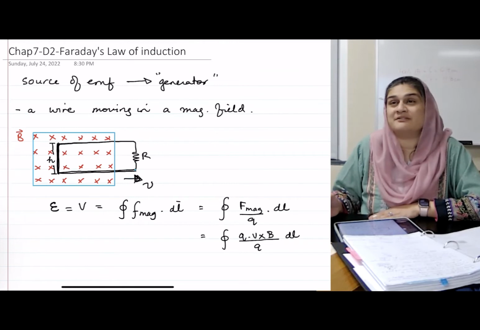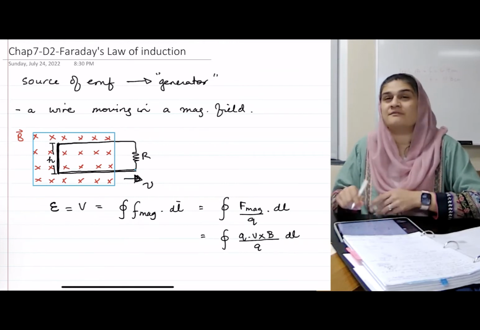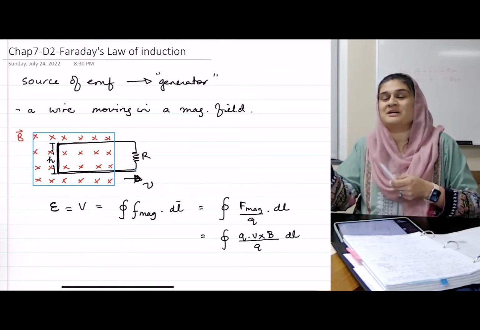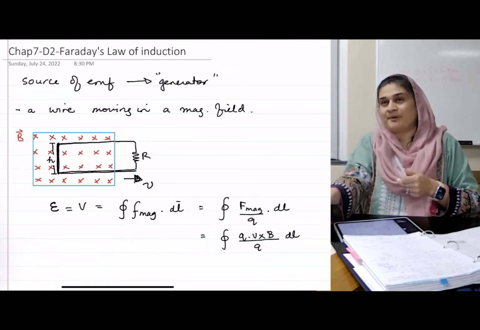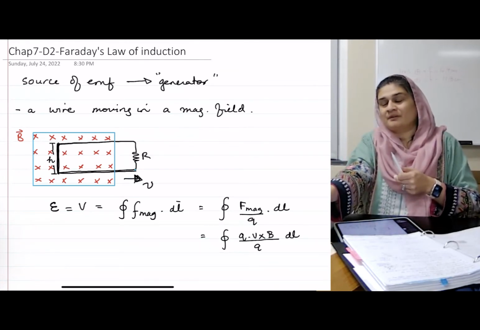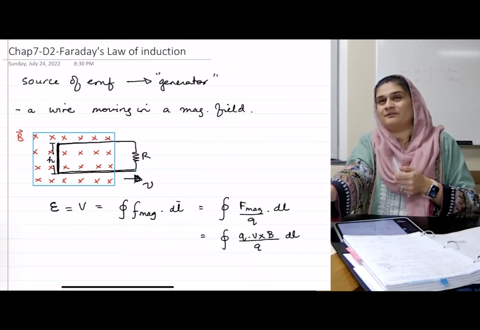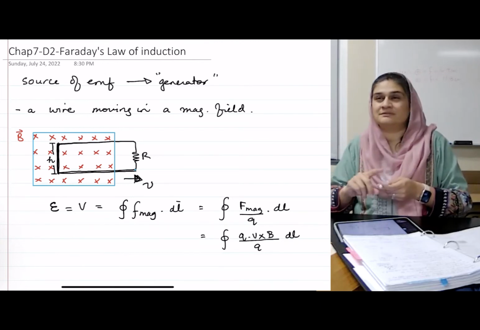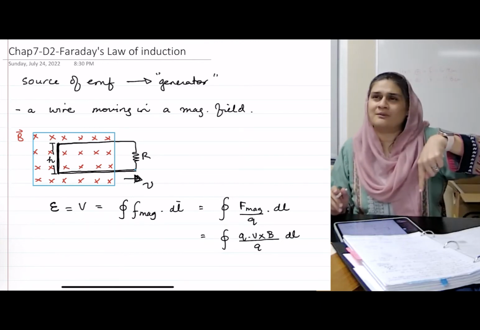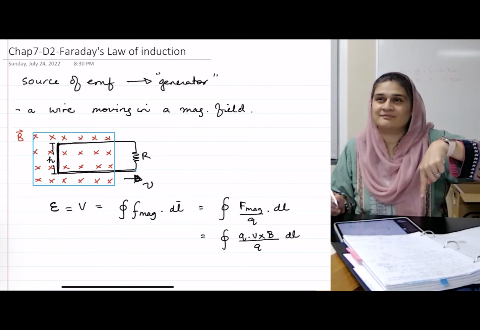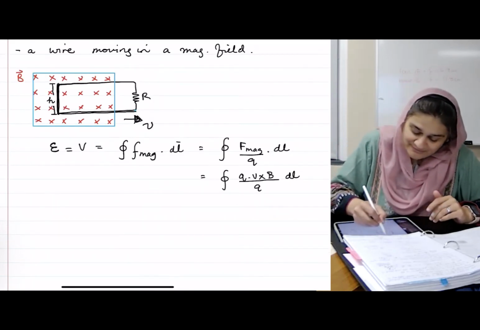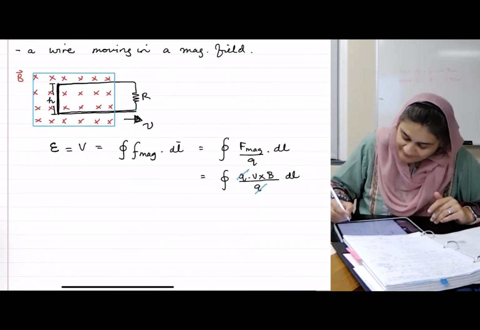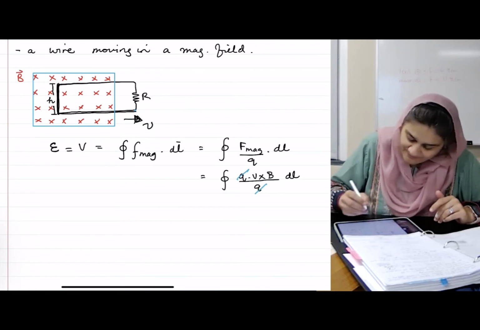V cross B will give me a direction, right? V is that way, B is into the paper. What direction will the current flow? Clockwise? But may I write that as